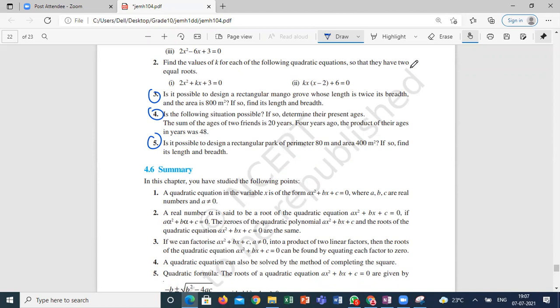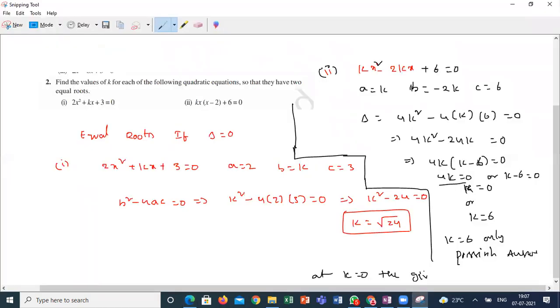Sir, do we need to mention that if k is 0, it won't be a quadratic equation? Yes, if k is equal to 0, it does not satisfy the given equation. Substituting k is equal to 0, what is happening here? We will get 6 is equal to 0. It's a wrong statement. So that's the reason please mention that if k is equal to 0, the given equation is not possible, or at k is equal to 0 we won't get any quadratic equation, or the statement itself is a wrong statement. Anything, in our own words.